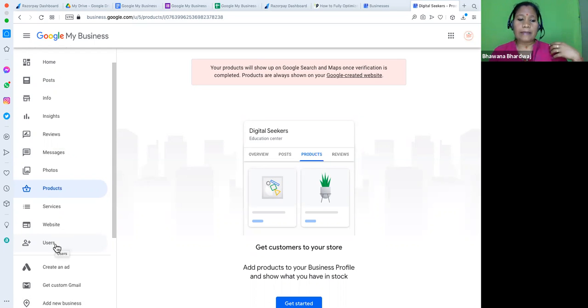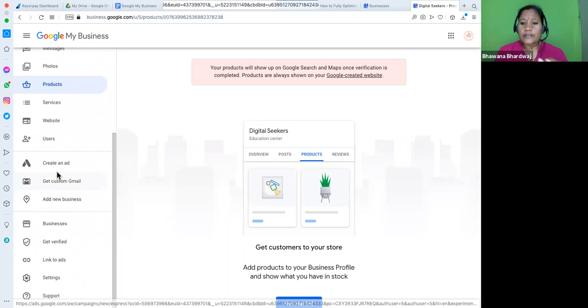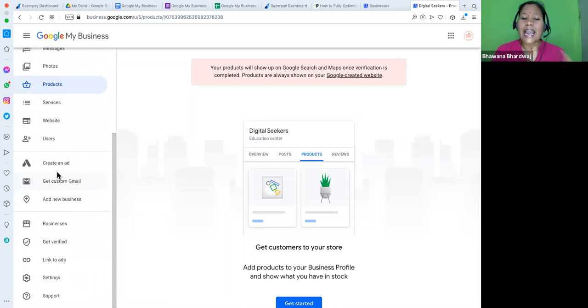Okay, I don't have time, I'm delegating it to someone else as a user, like as an admin or as an author or as a management role or owner. So here you can assign them the role. So all these are the tools available to you. So once you have your Google My Business listing done, these are the tools you are going to use to manage your business, right? So here, if someone is asking, can we manage advertisement?